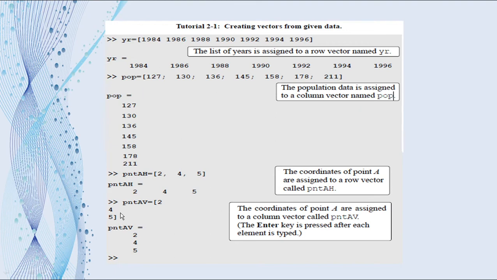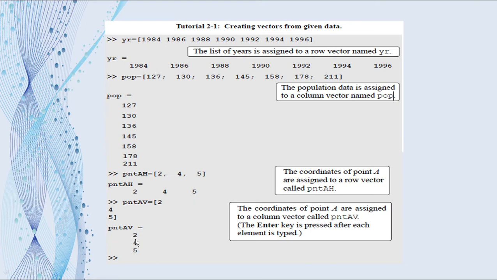Point A vertical, to understand horizontal and then vertical, row wise and then column wise: 2, then using enter. Before you had a semicolon, but now I use enter. When I press enter, it becomes 4 on the next line. Again I enter 5 and then close the bracket. Don't put the closing bracket in the next line. You have to close the bracket right there itself. Start the bracket with a number and close the bracket after the last number.